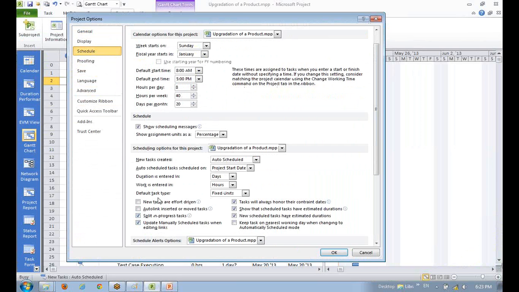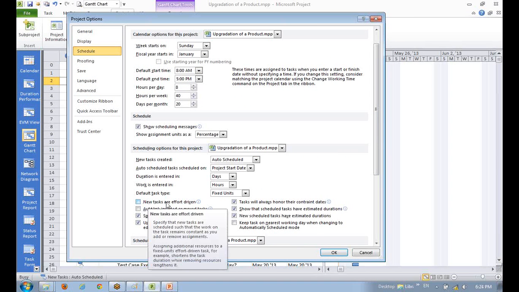You remember we talked about new tasks being effort driven or not. At that time we did not know what project we were planning. Now we have put in the scope, and it looks like a vendor project plan. Therefore my tasks are effort driven, because I'm going to estimate in efforts.